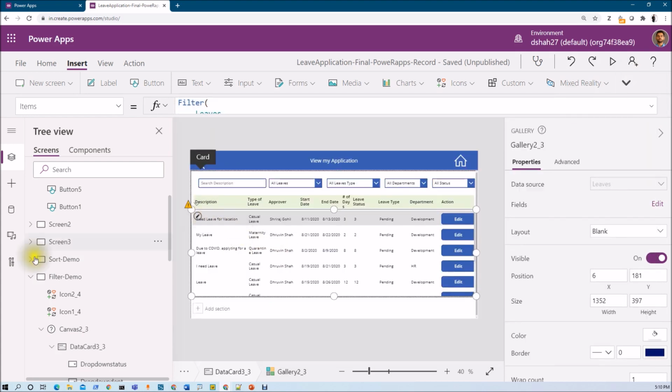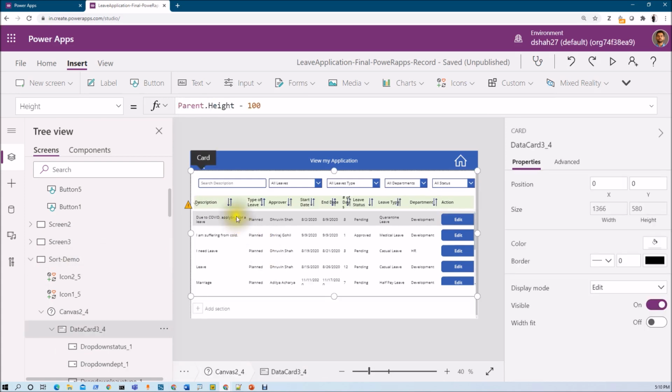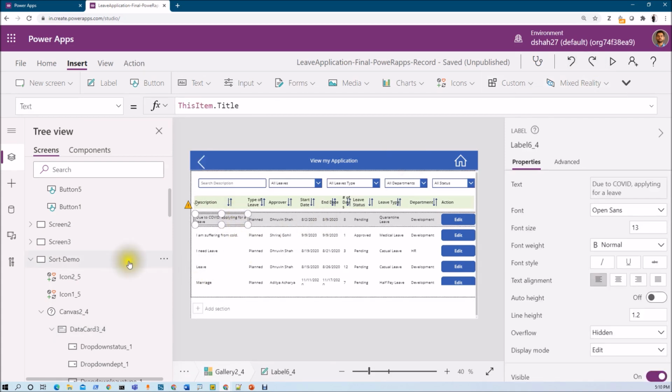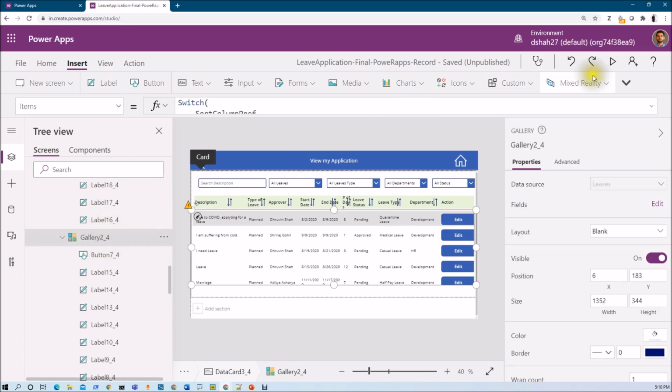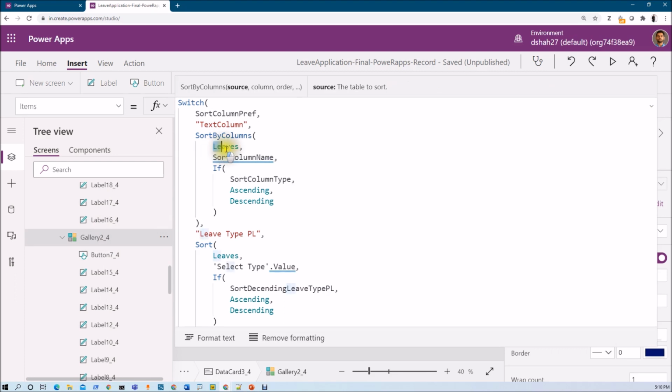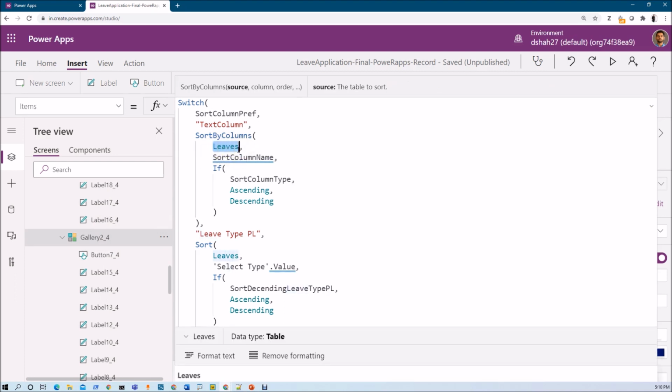Now what we need to do is go to your sort screen. We need to pass this entire filter code in place of this data source. Now let me show you that. This is my gallery and its items code. Instead of this list name we need to pass our filter code. That's the only change that we need to perform. That's all. But before we do that, let's paste this code in Notepad++ and change its corresponding IDs first.